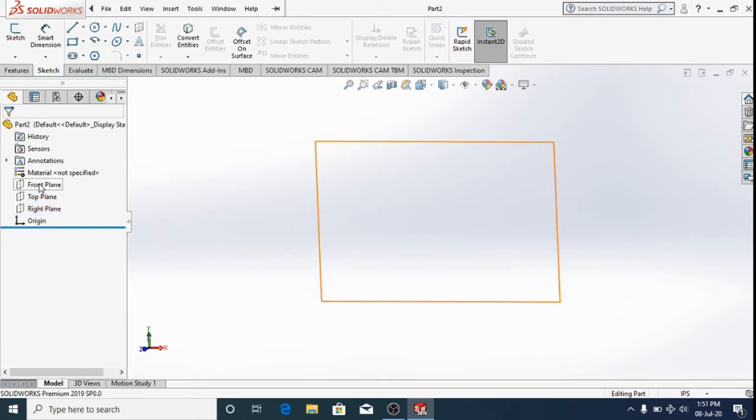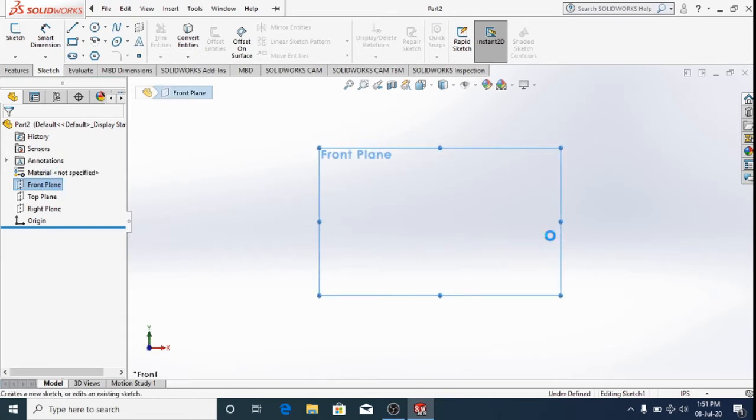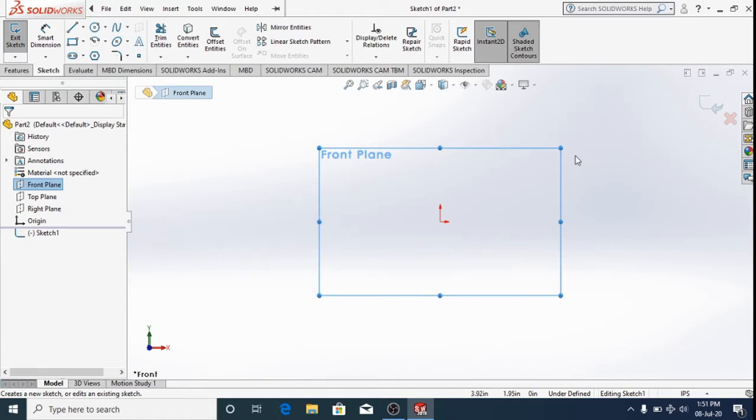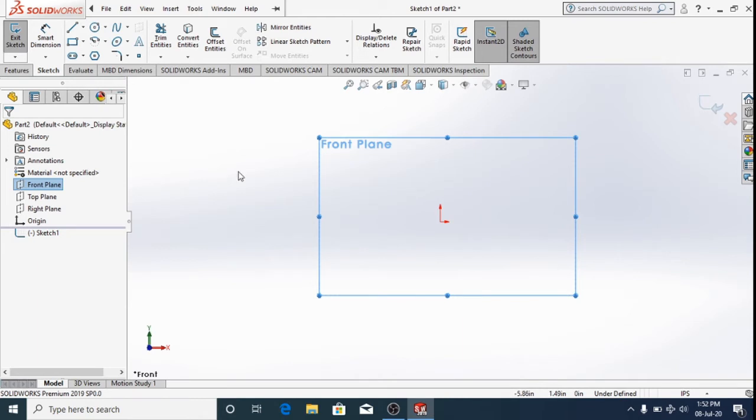When I click on front plane, I'm going to sketch on the front plane. It becomes perpendicular to my view. We can also change the size of the plane however we want. So I'm going to tell you about the basic sketch features here.